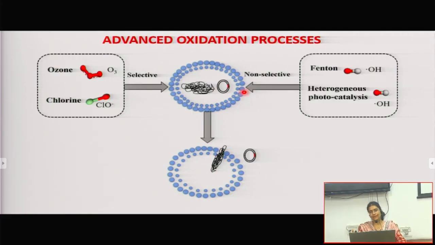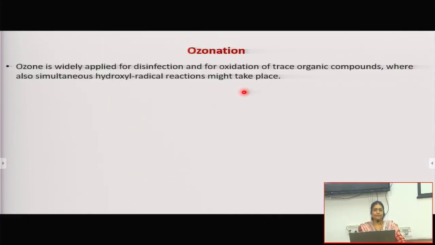So you might get very good removal of most of the resistant bacteria. You'll see that their kill percentage is high and all that will work wonderfully. But we are not yet sure if the same is applicable for the genes also. All right. So let's take one of these processes at a time. We are having ozonation as an option. This is widely applicable for disinfection. You all know ozone, chlorine, peroxide, potassium permanganate. These are some of the classically used agents, even for water disinfection.